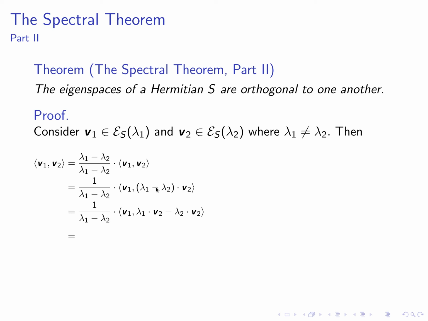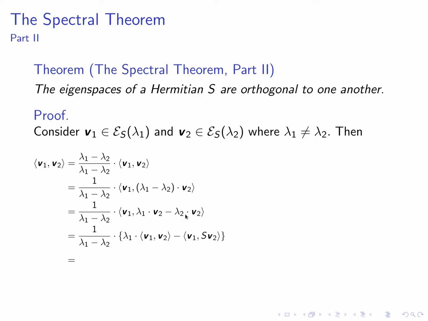Well, now we can look at this second entry in our inner product and distribute the v2, which gives us lambda 1 times v2 minus lambda 2 times v2. And we can take the inner product now and we can distribute it. One of the properties of inner products is that they're conjugate linear, which means that we can distribute inner products in either slot. Here, a lambda 1 factors out, and then in the second position, we know that lambda 2